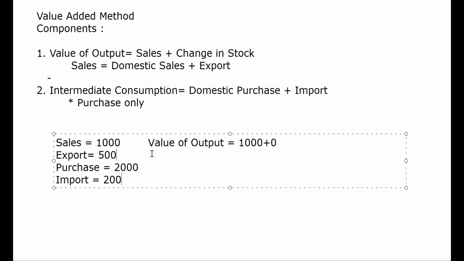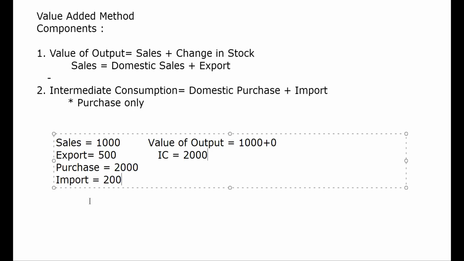IC. Now we'll calculate the value of IC. IC means intermediate consumption. What would be the value of IC? 2000. Why only 2000? Because the value of import is already a part of purchase.